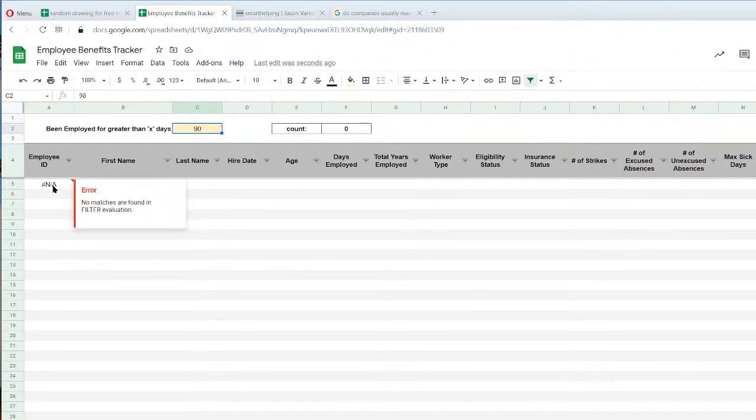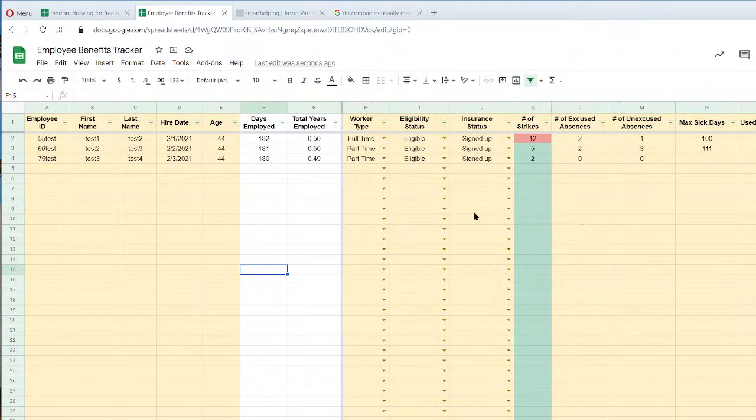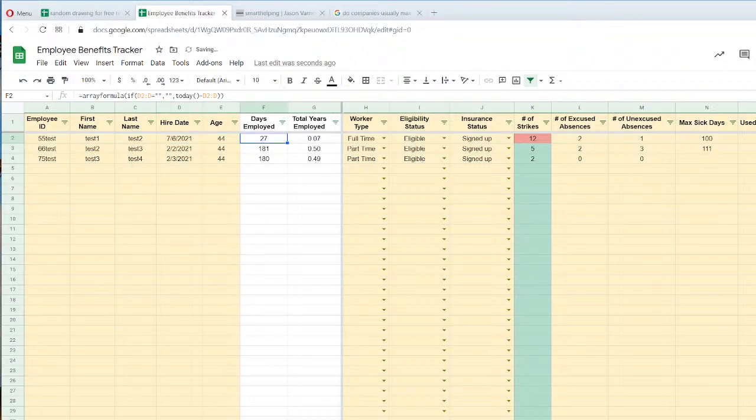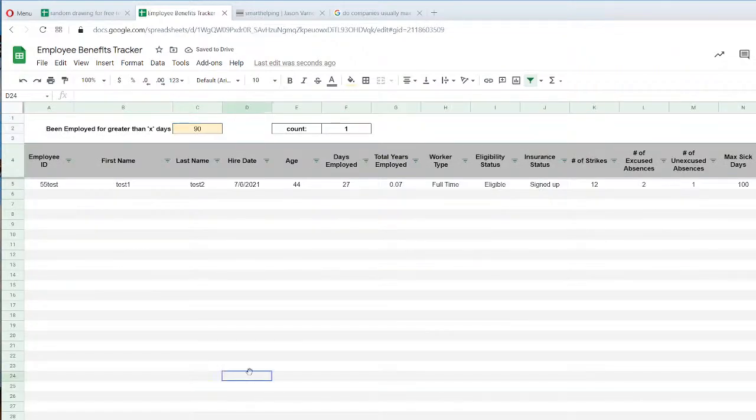So nobody. And then let's say if this person's been employed... Wait, where's this coming from? Oh, here. So let's put somebody for recent. Let's say they got hired last month. They've been employed for 27 days, so that should show up on this. Yeah. So been employed for